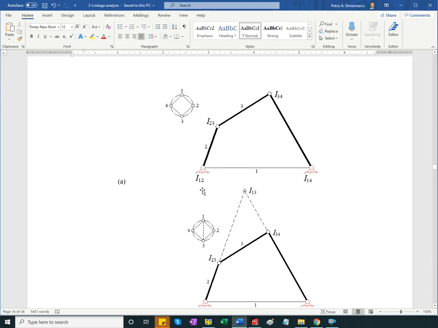They are labeled here. I12 is the instance center between the ground and link 2. Could use the index in reverse, like 2-1, but it's the same thing. I14 is the instance center between the ground and link 4. I23 is between 2 and 3, and between 3 and 4, looks like I'm missing a labeling for link 4, so this will be I34. Okay, but then there are instance centers between 3 and 1 and between 2 and 4,